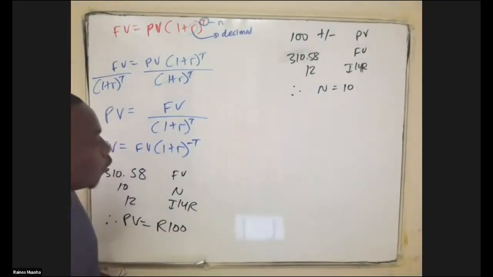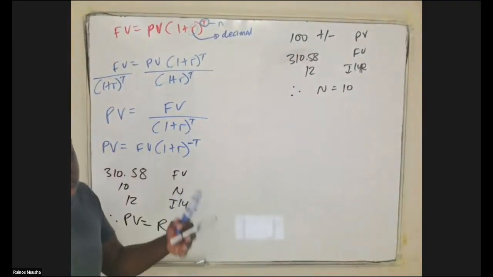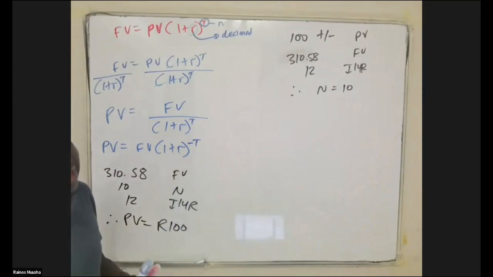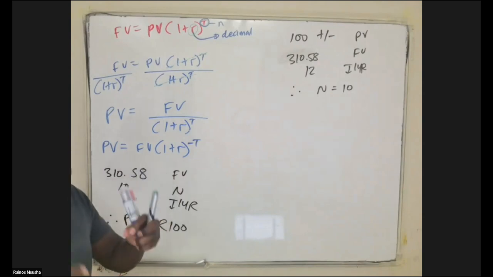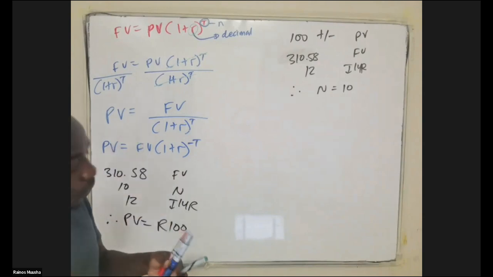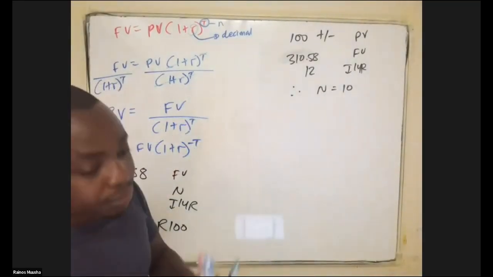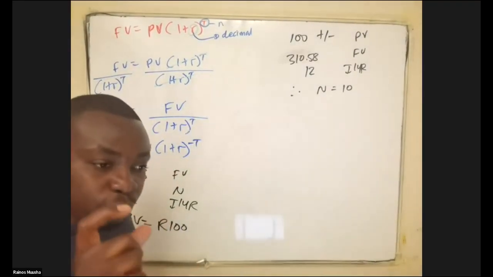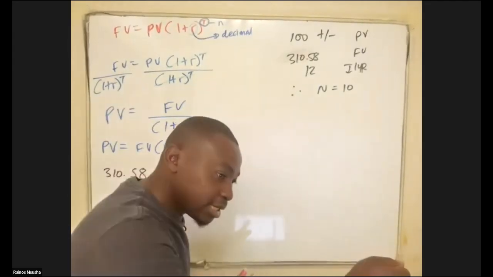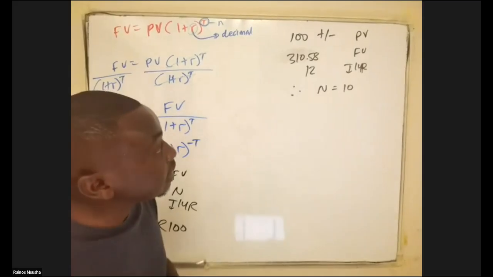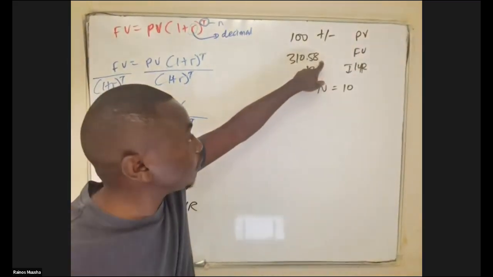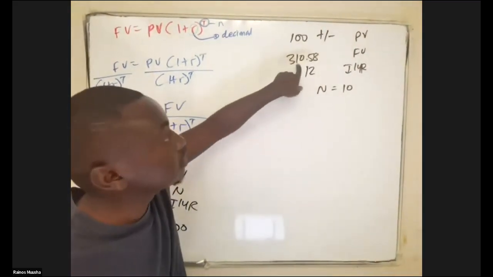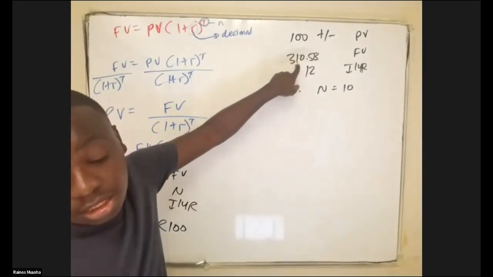Remember what I told you. When you do the calculations under normal circumstances, the sign of your final answer doesn't matter. Whether it's positive or negative, you treat it as a positive amount. But when you are looking at the relationship between the cash flows, whenever you're given the present value, PMT, and future value, check the movement in cash flows. If you invest money and you get back that money later on in the future, it basically means that on day 0, you're spending money, it's a cash outflow. On whatever period of time in the future, you're going to get that money back with the interest, which means that it's your positive cash flow.